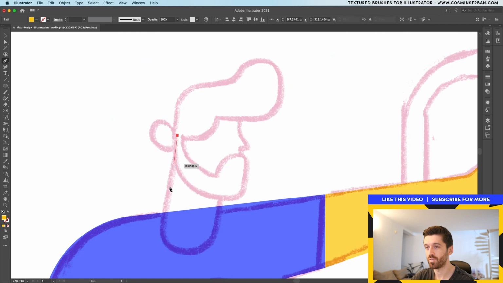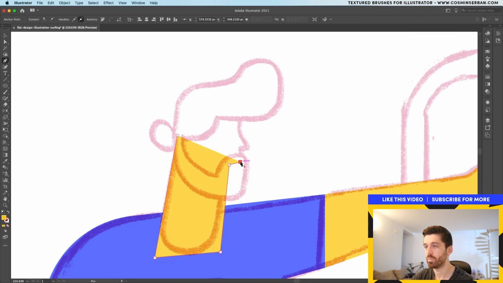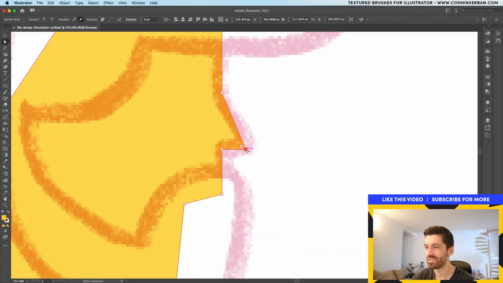For the neck, I'll start over here and actually place a few points like so. This would be the face, so I'm trying to follow along to have a nose for this character as well. And of course I'm going on top of everything just because I'm going to come with a separate element. It's going to be the hair and the beard that's going to be on top of it. Maybe for the nose have a small radius over here because I don't want it to be super sharp.